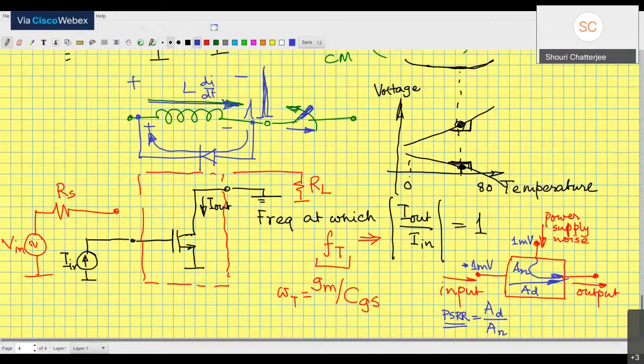So there are many sources of this noise. Maybe this noise is coming from interference, right? There is maybe a cell phone tower close by that is broadcasting something, and that is injecting noise into your power supply. So there are many sources of noise, right? PSRR is basically a metric of how much your circuit rejects noise that comes in from the power supply. Okay, you're not supposed to amplify noise coming in from the power supply. You're supposed to amplify only the input. Fine. Okay.